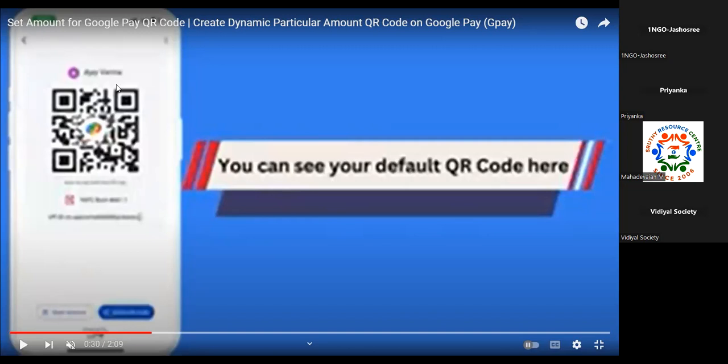Once you get this, there is a download option. Download the QR code. Later you have to send it to one NGO team, and we will update it on your website. Later I will show you how it looks. If you want to